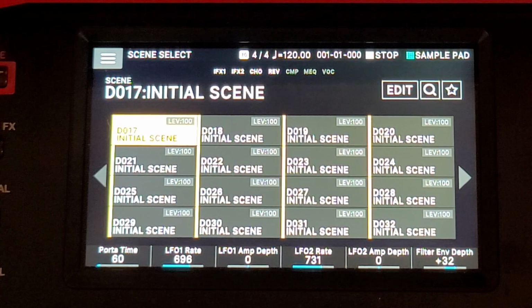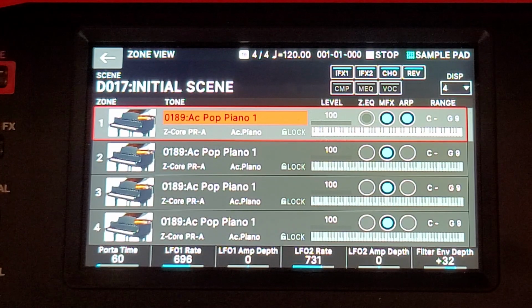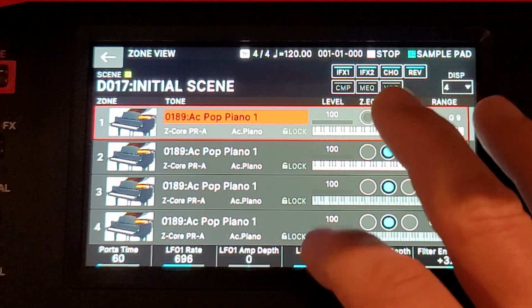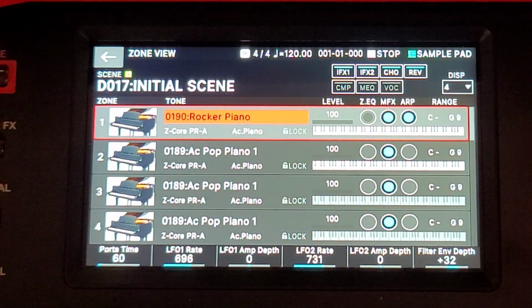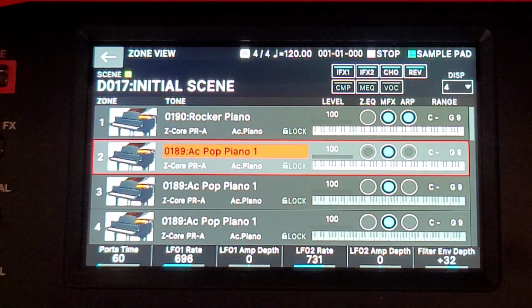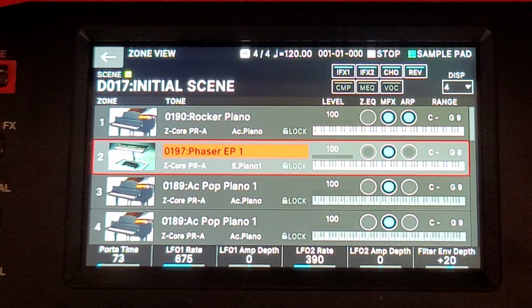We're going to start with an initial scene that has nothing in it. If we go to zone view, we're going to see that it just fills it up with pianos, so that's just fine because that's our default sound. We have our first 4 zones of this scene here. The first one is a pop piano. Let's change that to a rocker piano, and then for this one we're going to change it to, I don't know, a phaser EP. So if I play these,